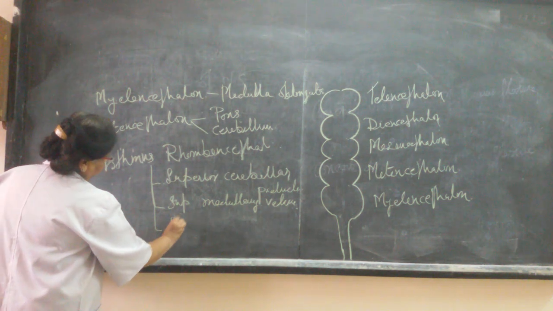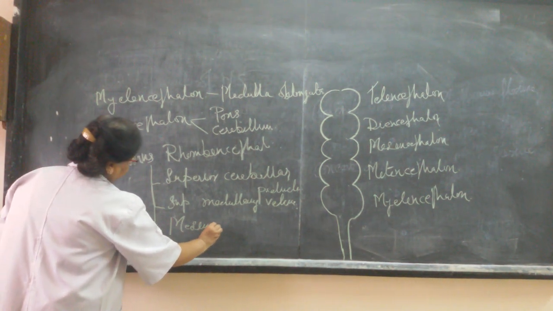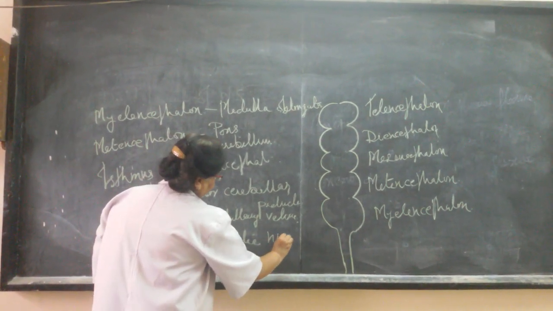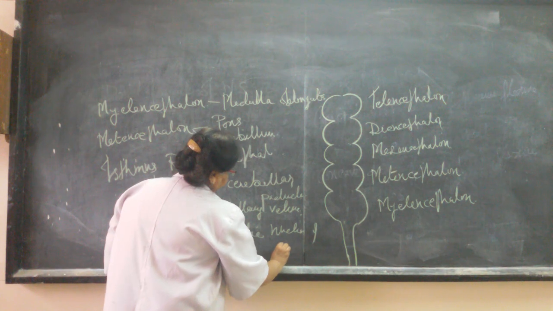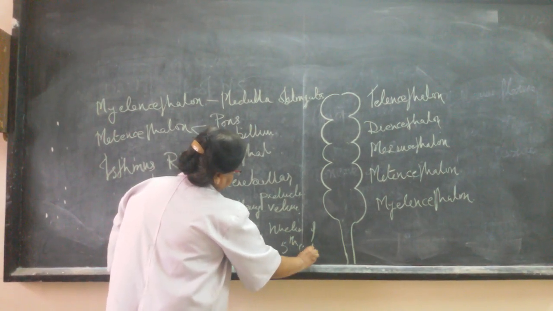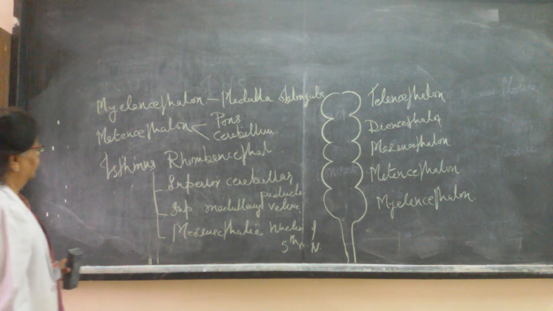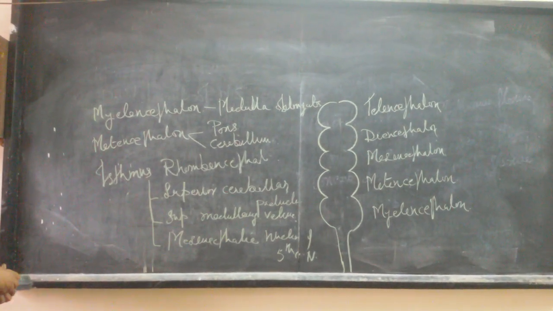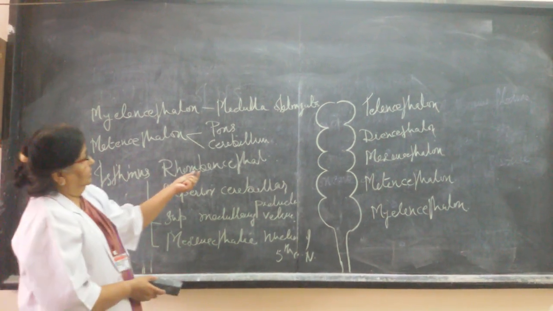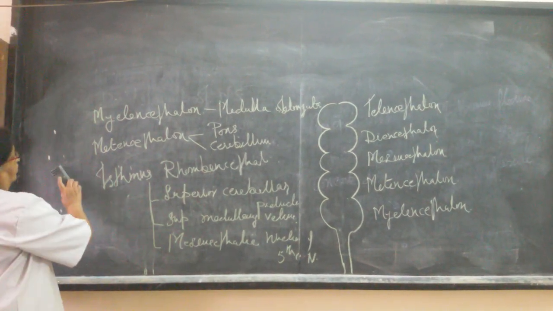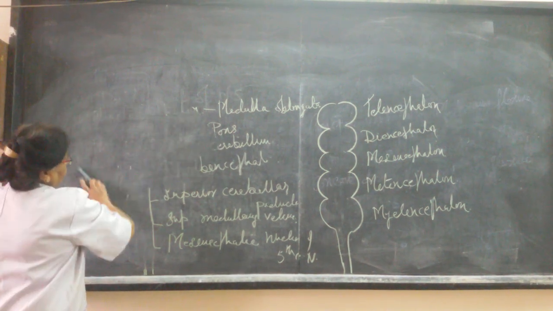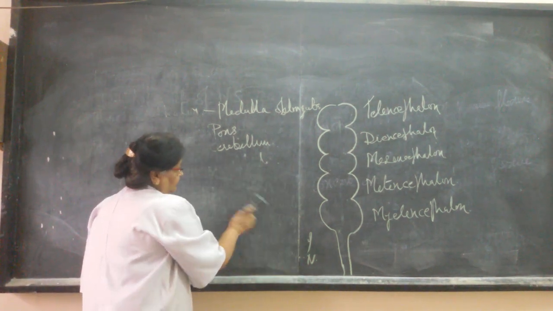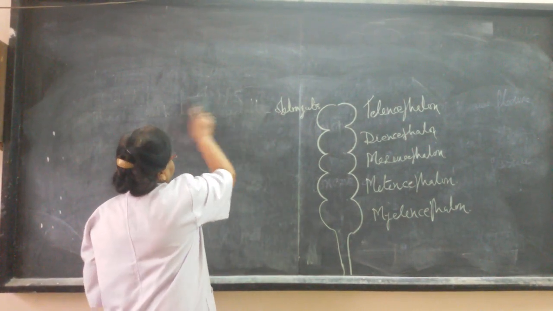The mesencephalic nucleus of the fifth cranial nerve is also a derivative of the isthmus rhombencephali. Now coming to the mesencephalon. The mesencephalon has a cavity, and the cavity is known as the cerebral aqueduct. The part lying